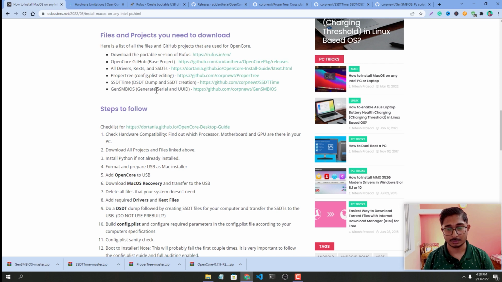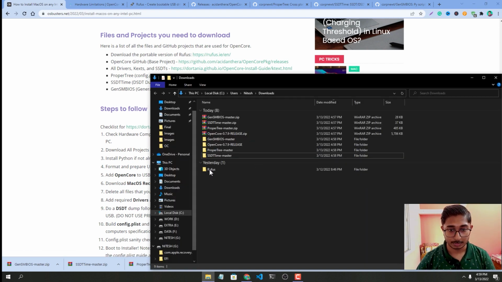So if you have 2 GB, you can try. It should work, I think, but 4 GB is recommended, and even larger if you are using Mac. Here I'm using a larger, 32 GB USB. Yeah. Okay, so we start